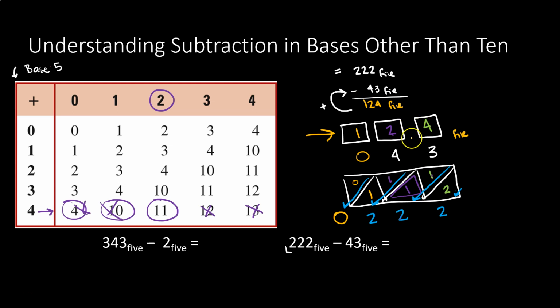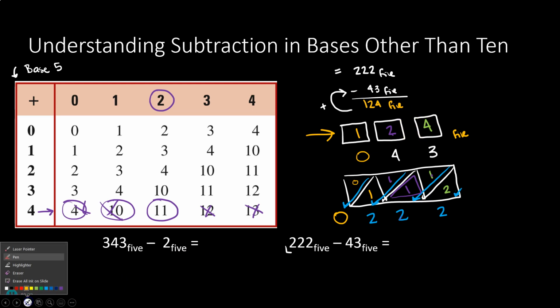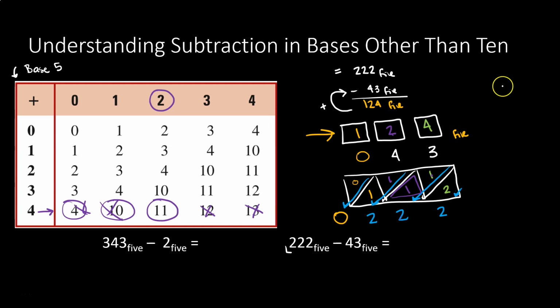Now, if we wanted to do this using the standard algorithm, we can, but let me warn you, it can feel a bit magical, not necessarily in a good way. If I have 2 and I want to take 3 away, I say I can't. So I go to my neighbor and I borrow. So when I reduce that to a 1 and I carry the 1, it now looks like 1, 2 minus